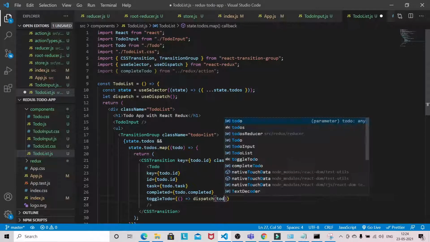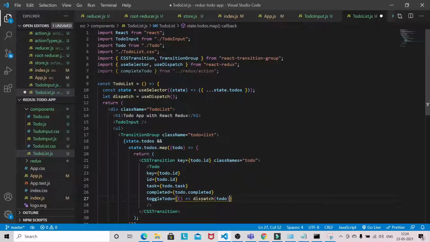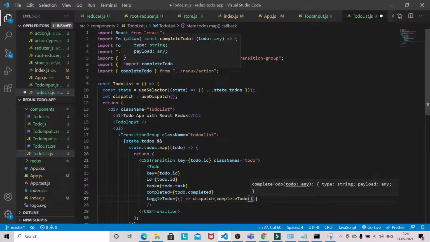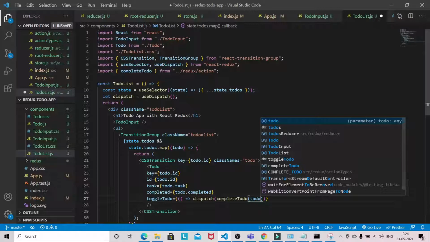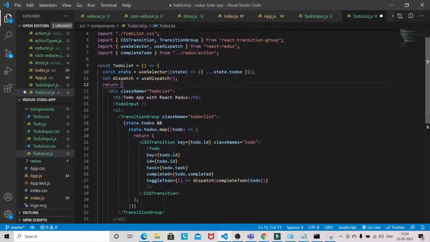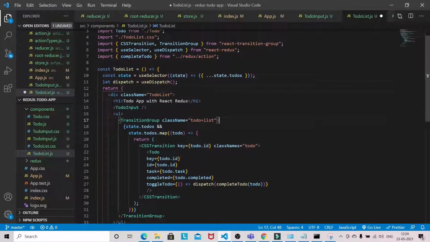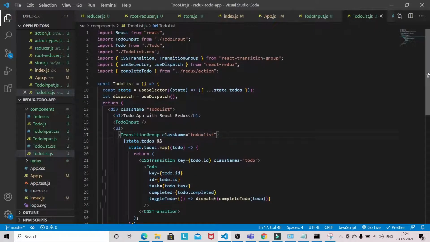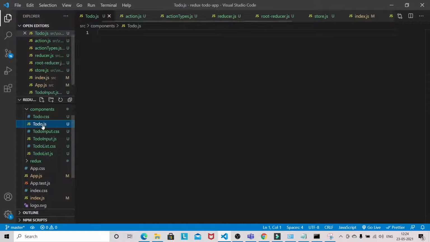Dispatch the completeTodo action which we have created in our action file. Okay, so basic things we have covered here. We will come back later when we are building other functionality like adding, removing, updating. So come to here.